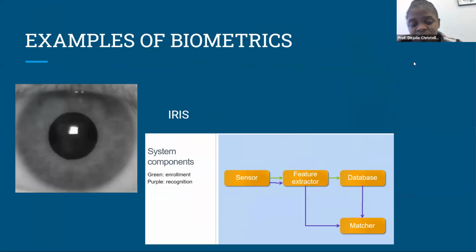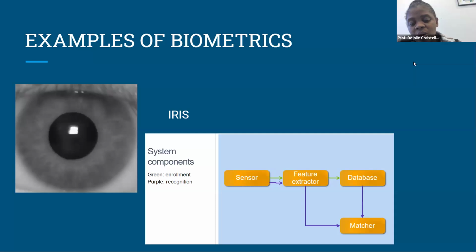So now, if it recognizes you, you go to the database, it will send it to the matcher if it recognizes you, right? So now it could also go from the sensor to the feature extractor and then to the matcher, or maybe to the database. So sometimes it's trying to recognize you, sometimes it's just trying to enroll you to the database. If it's your first time, they try to enroll you. The sensor, boom, feature extractor, it extracts you, it sends to the database to save it there.